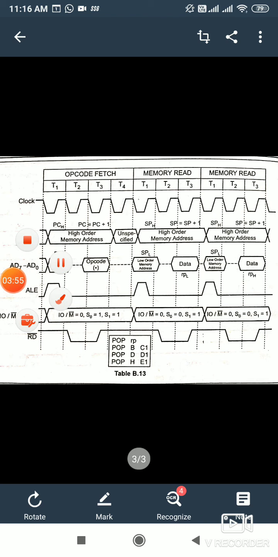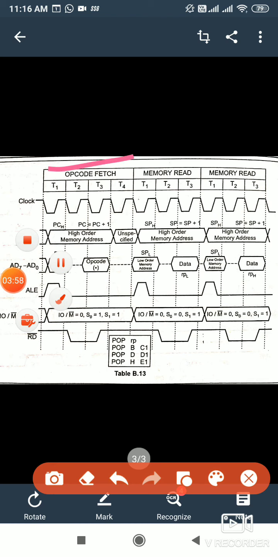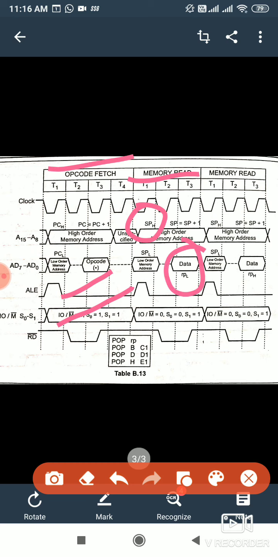You will just see here, we are having an opcode fetch of 4 T states here, and after that we are retrieving our data from the memory. So it is memory read. Now from where are we retrieving? We are retrieving from the stack pointer itself. So there is no increment before the use of stack pointer. So we are retrieving our lower byte of data, and after that we increment our stack, we retrieve our higher byte of data, and at the end we are again incrementing our stack.